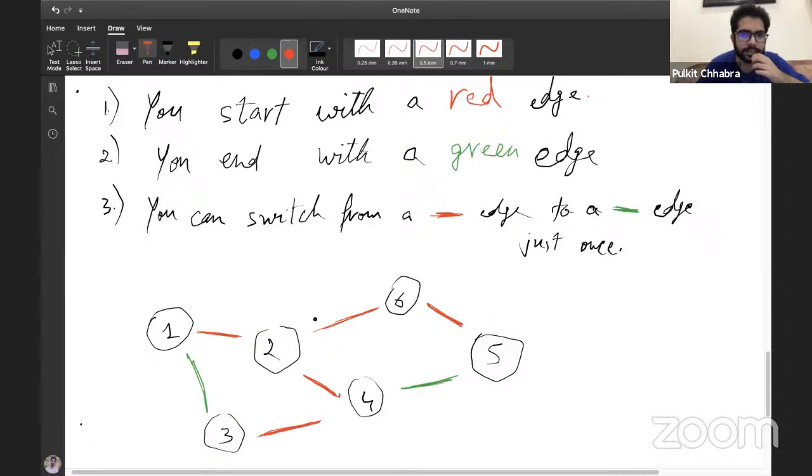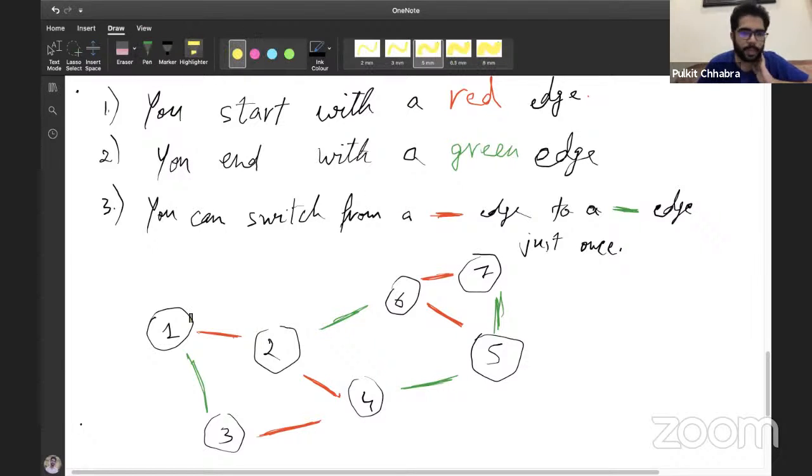Also let's say we have another node, let's say 7, and it is like this. All right.